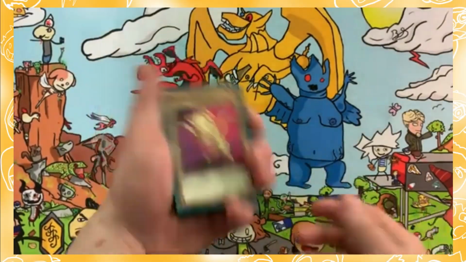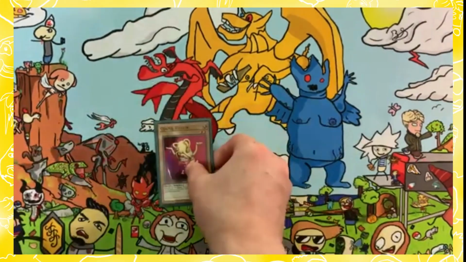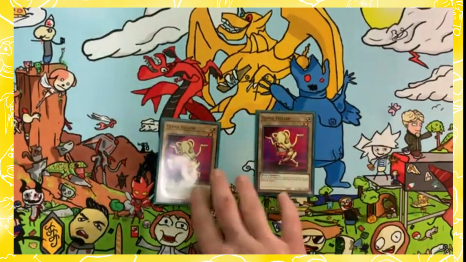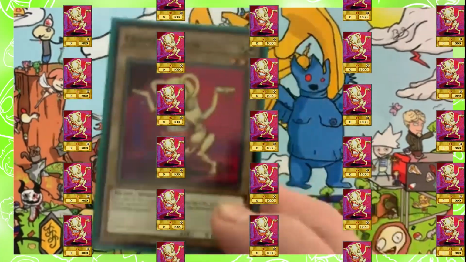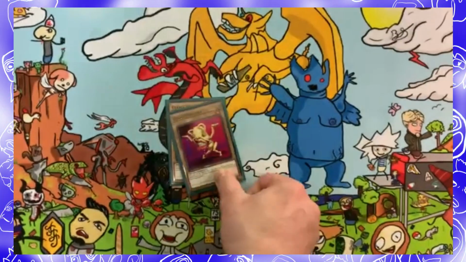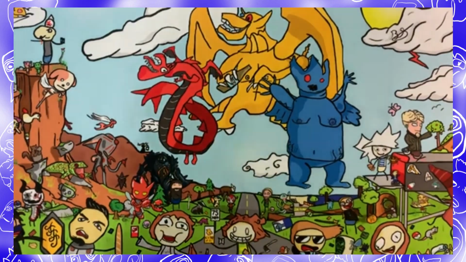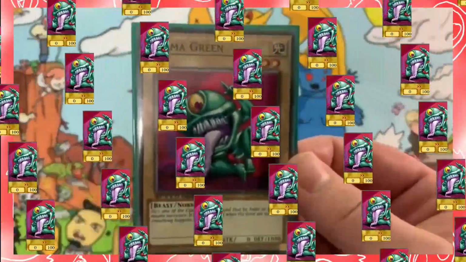Alright, got the monsters for us. To start things off, I have 2 copies of Ojama Yellow. He does nothing, but he'd be looking like this. So that's something. Next up, we have Ojama Green x2, and he'd be looking like this and doing nothing. Beautiful